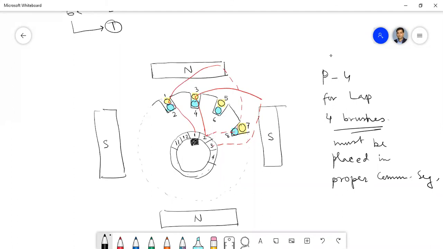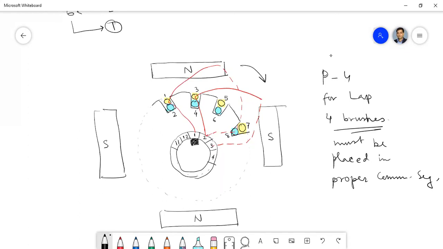Okay, now the current is determined by the direction of rotation and the type of operation. So these 2 things will determine the current direction. So the direction of rotation, let me take, it is rotating in a clockwise direction.